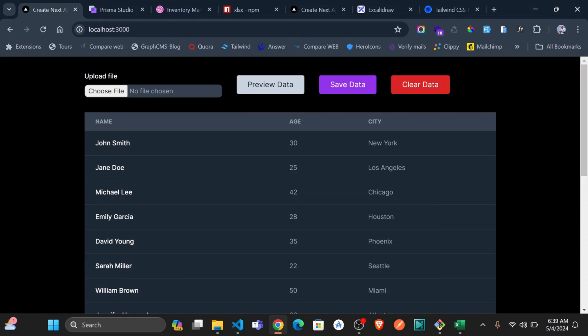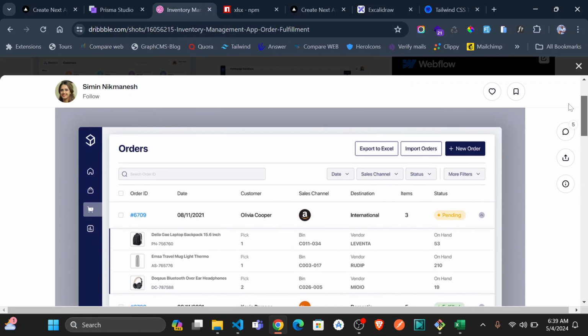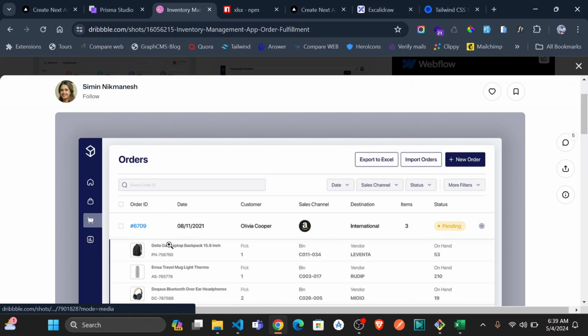So in this video, I'm just going to explain and implement a very common scenario. If you have been around full stack and you're trying to implement something, you must have come across this kind of a table whereby you have these buttons of importing and exporting to Excel. This is a very major functionality where users can have data from